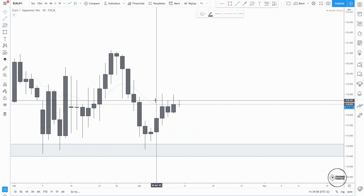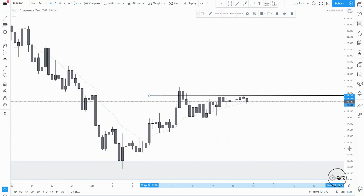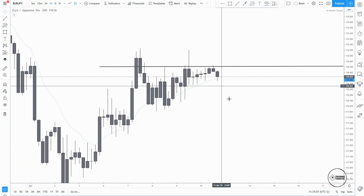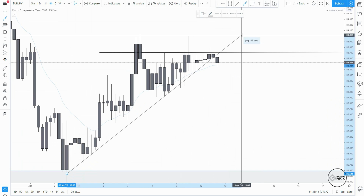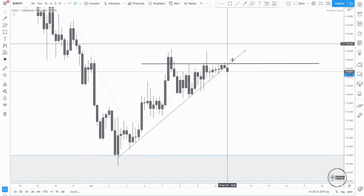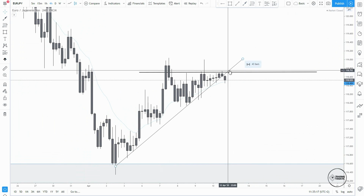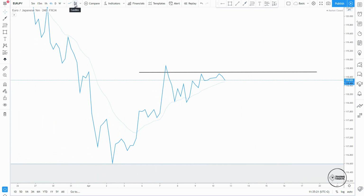And if I drop to the 4-hourly time frame, you will just see madness. There's the 4-hourly time frame. I really couldn't spot what is happening here. So overall, I think that this is going down because if we have this uptrend, the market is failing to continue above, right? And right now we're having a little bit of a break, but I would not consider this a break. So how I would approach this market, if you switch to the line chart, a little tip from me,